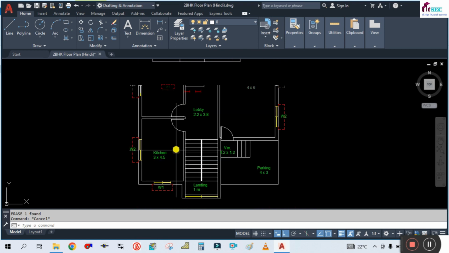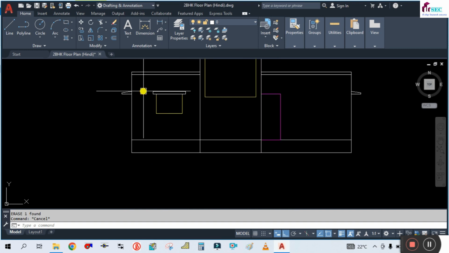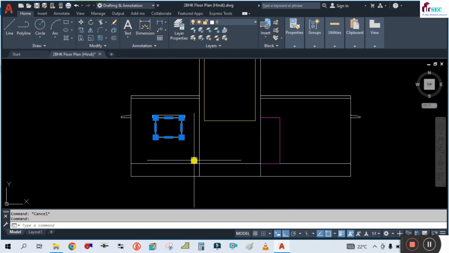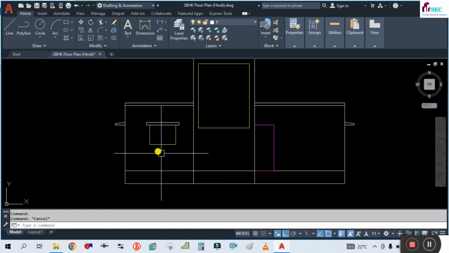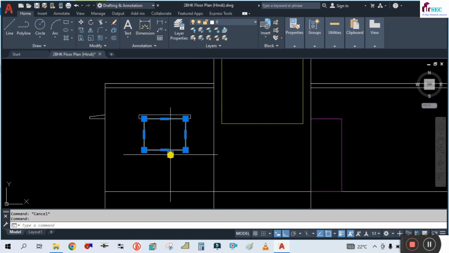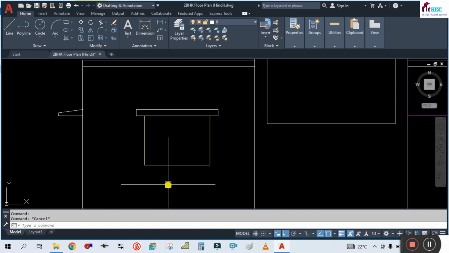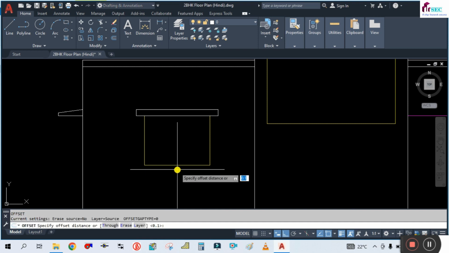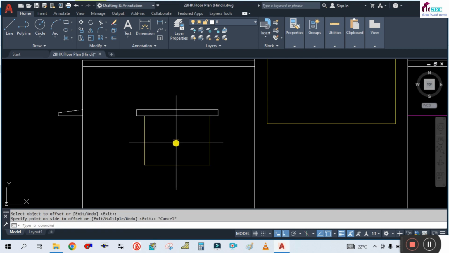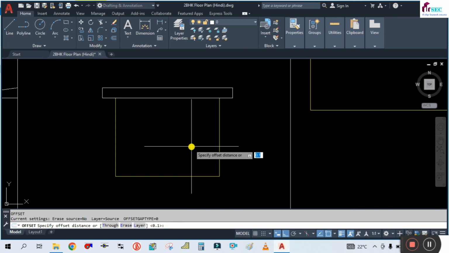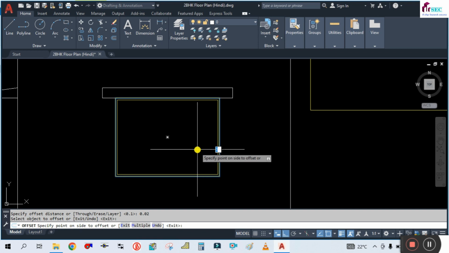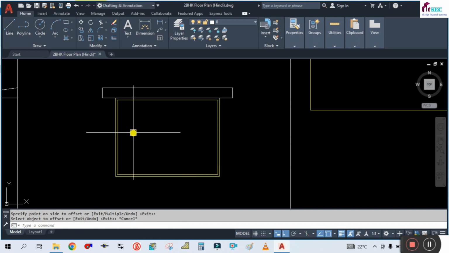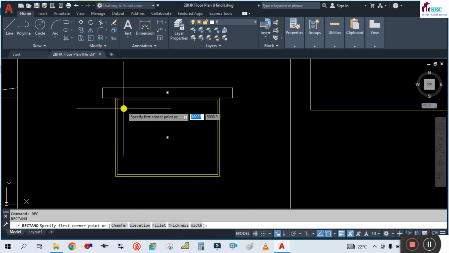Now what you will do, we have to create this window. What we will do now, offset this, offset 0.1 inside, offset 0.02, select this, offset inside. Now type REC just to draw the rectangle, two rectangle,